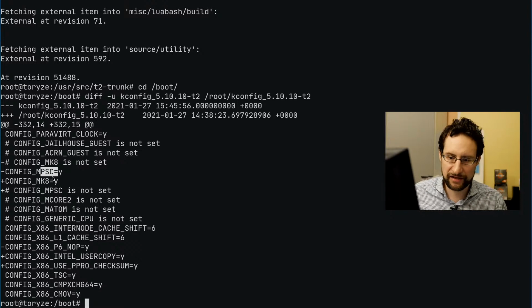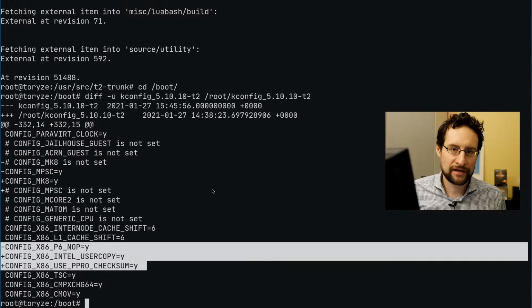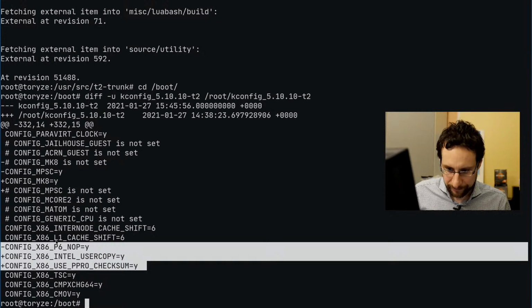So the help text is Xeon Nocona, and then this is MPSC, whatever. So the interesting thing is, it also automatically behind the scenes changes these options. P6 Intel Pentium Pro, P6 knobs in operation for their kernel patching stuff, I think. Intel user copy, Intel use Pentium Pro checksum.